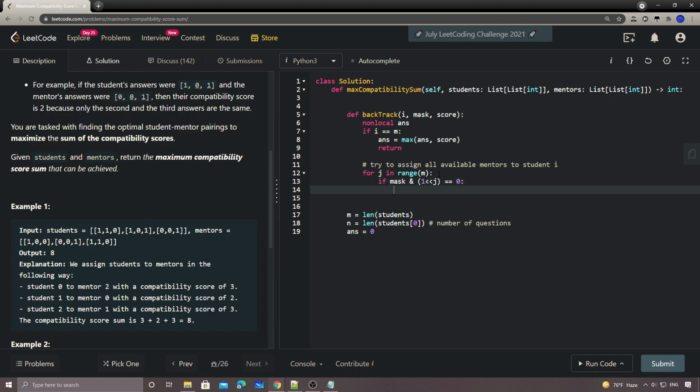So a little bit of bit manipulation here. Then we do a backtrack of i plus 1. And then for mask, we're going to mark that mentor to be unavailable, which means we're going to mark that bit as 1. That's how we mark it. And then the score will be score plus